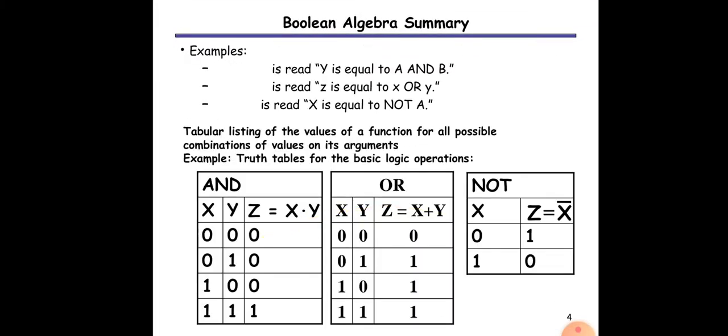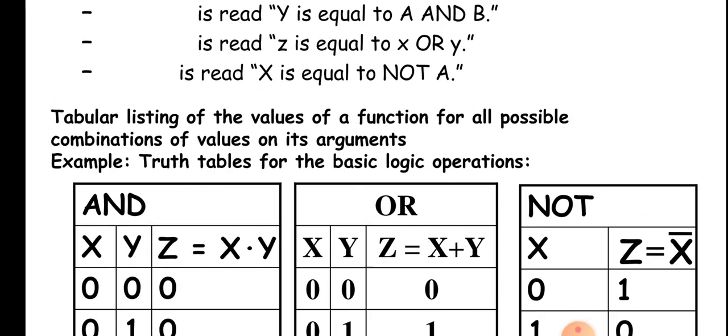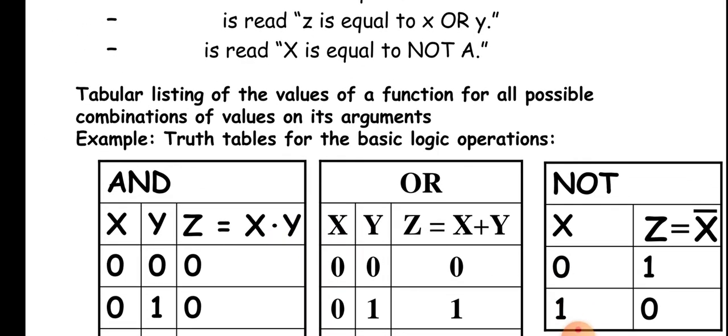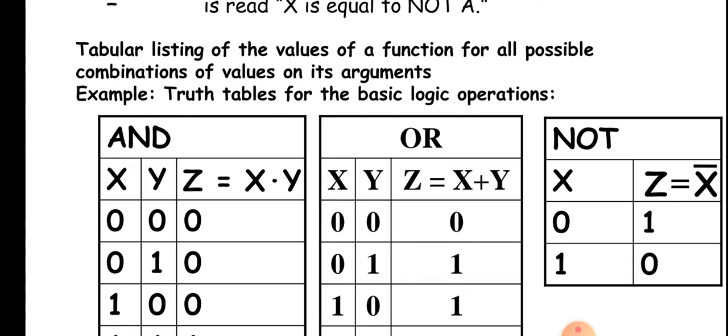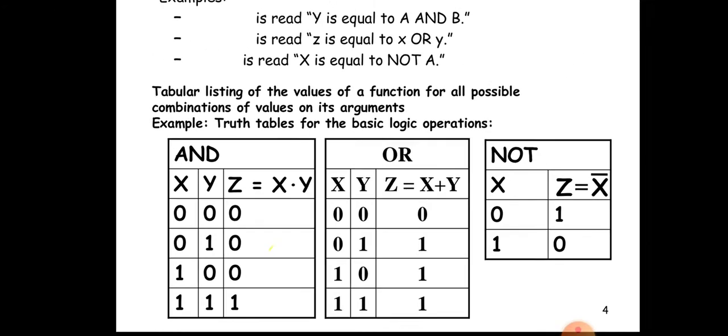Then we discussed the logic gates: the AND logic gate, the OR logic gate, and the NOT logic gate. So today we are going to see how we create the truth table for the basic logic operations. In the previous class also we discussed the truth table for these basic logic operations. Just from a revision point of view, I am going to revise once again. For the AND gate, we know it is the product term, so for ANDing we have to do the product.